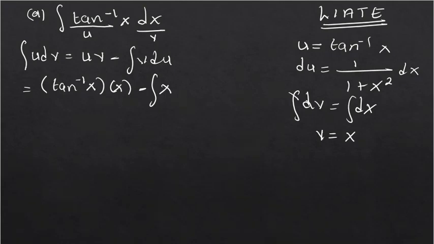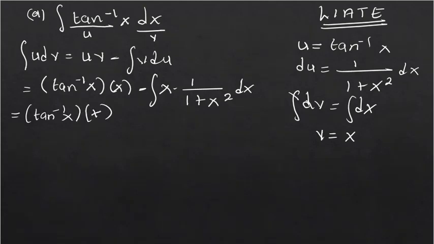Notice that du is 1 over 1 plus x to the power 2 dx. So from here we can multiply, so that can also be written as tan inverse of x times x, minus the integral of x over 1 plus x power 2